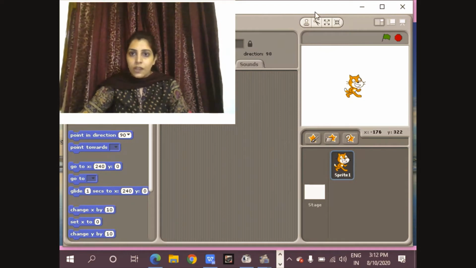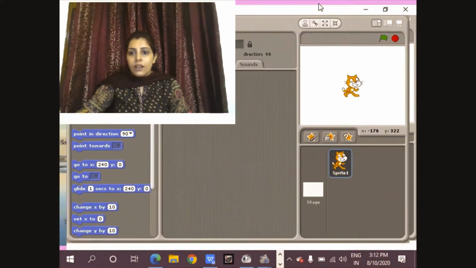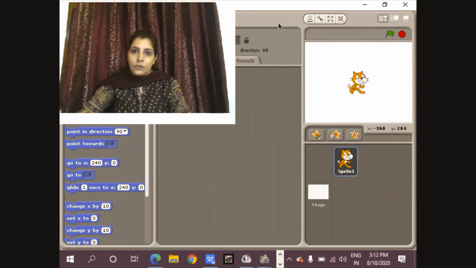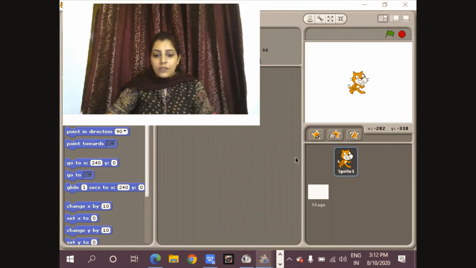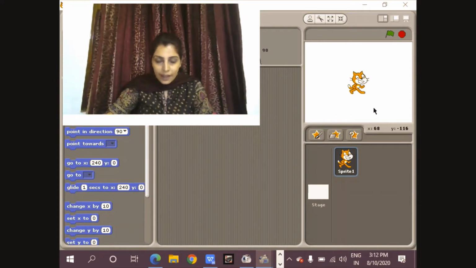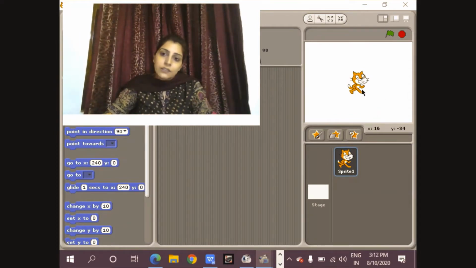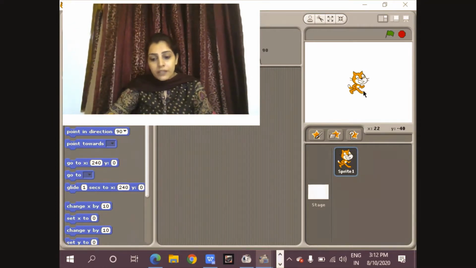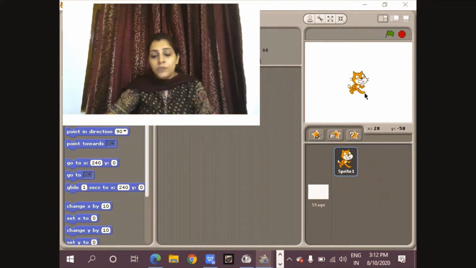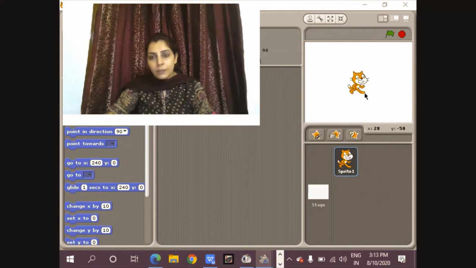Next, let's start with the components of the Scratch window. The first component is sprite. You can see on the screen, a cat symbol is there. This cat is called a sprite in Scratch software. Now what are sprites? Sprites are basically the objects that help you to perform some actions in the project. Like you will create one story, some animation, or a game in which objects will be there.